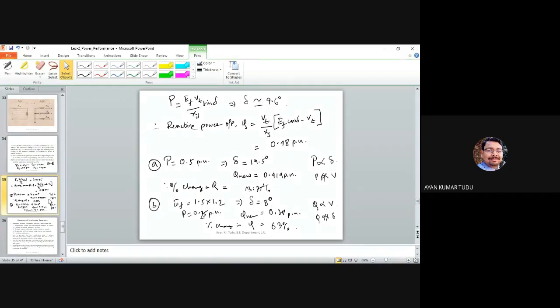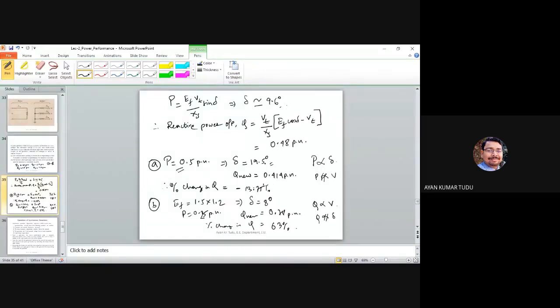So in that case, the change in the active power output is reflected in our delta value only. See, the delta was how much? 9.6, but now the delta value has changed hugely. It is around 19.5. So what we can say is that the active power output and the load angle are strongly coupled, whereas the change in the reactive power, see, is a meager minus 13.75%. So the change in the reactive power is not so much compared to the previous value.